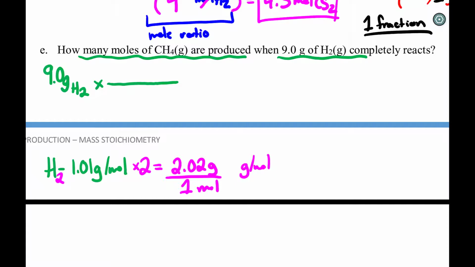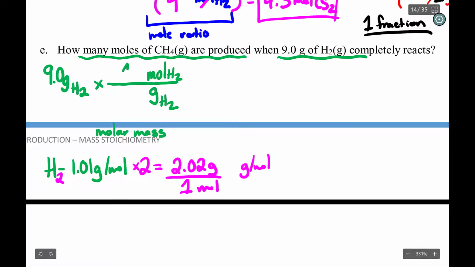I first need to get moles of hydrogen, so I'm going to put that on top. But the only way I can do that is to get rid of grams of hydrogen. That needs to go on the bottom. Now, grams over moles, or in this case, moles over grams, is simply a molar mass. Now, in this case, the molar mass has been inverted or taken to the power of -1. So rather than 2.02 grams over 1 mole, this is for every 1 mole, it weighs 2.02 grams. All I've done is taken this fraction and raised it to the power of -1 in order to get the